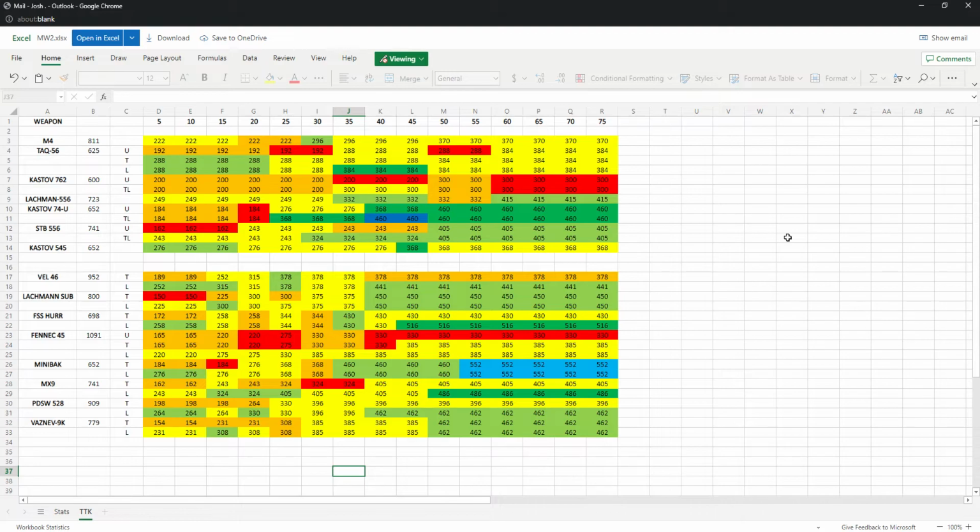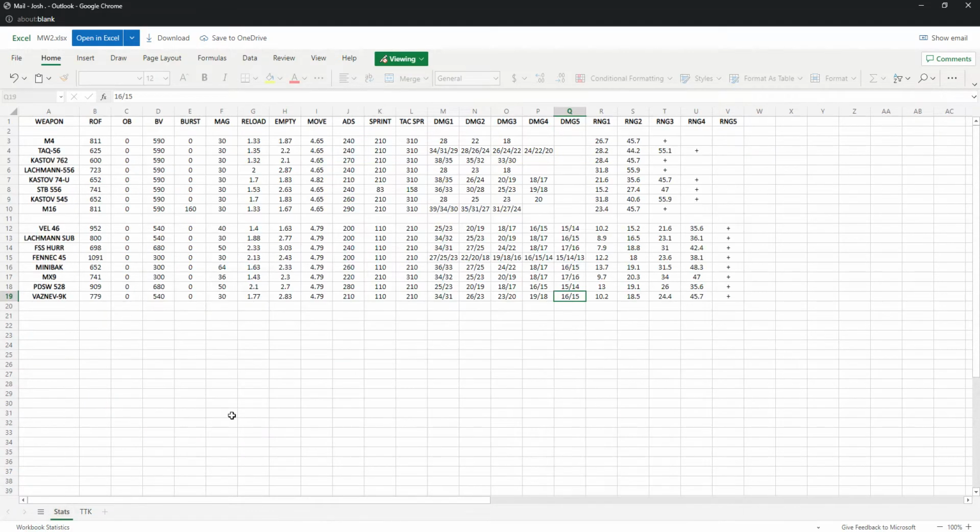So I did a little stats comparison on some of the guns in Modern Warfare 2, to get an idea of the time to kill. The weapons I have listed here are assault rifles and SMGs. All these stats were gathered from sim.gg, so if you're interested in other weapons or you want to get into more detail than what's here,